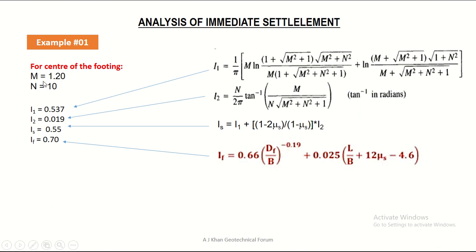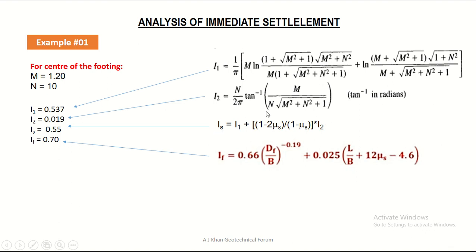Having said that, we have the value of M and N, and we have all these expressions, so you can easily calculate I1, which is a function of M and N. Just put the values here and do your calculation correctly, and that should give you I1 equal to 0.537 and I2 equal to 0.019, and IS you can easily calculate from this